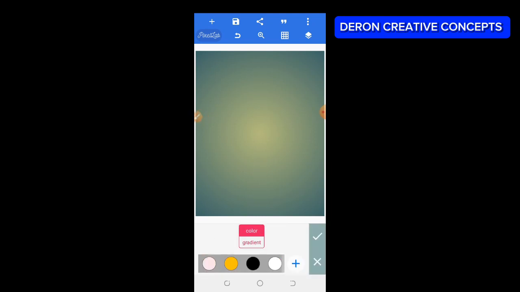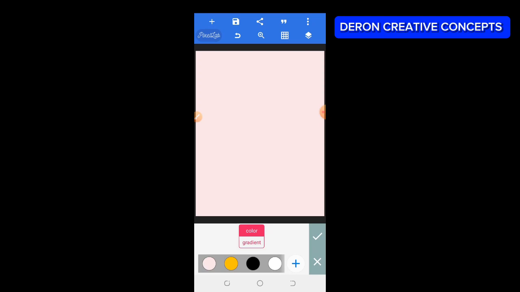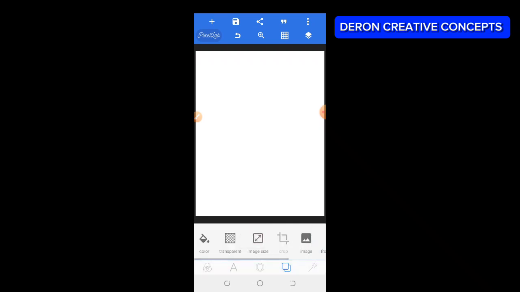Make sure your color, you can make use of this, and you can make use of white. But I want to make use of white for this, a white color. So once you click on the white color, you can see white here. Then you click on this mark sign to check it. Okay. So once we are done,